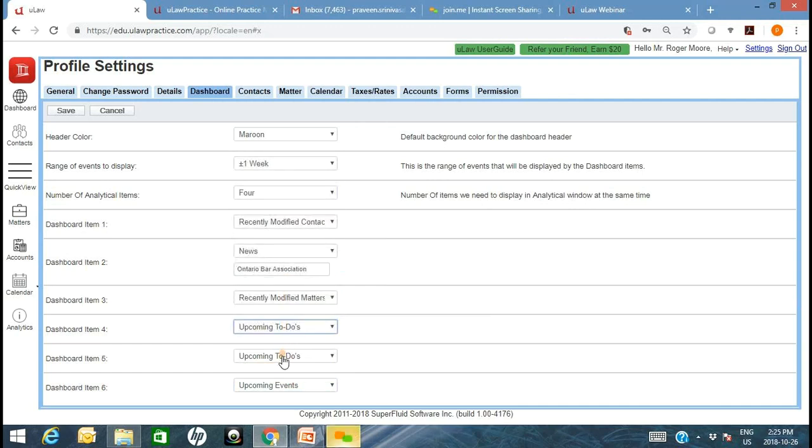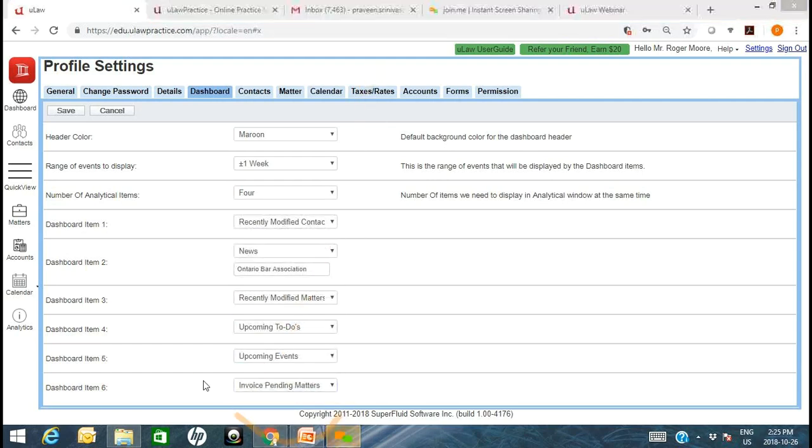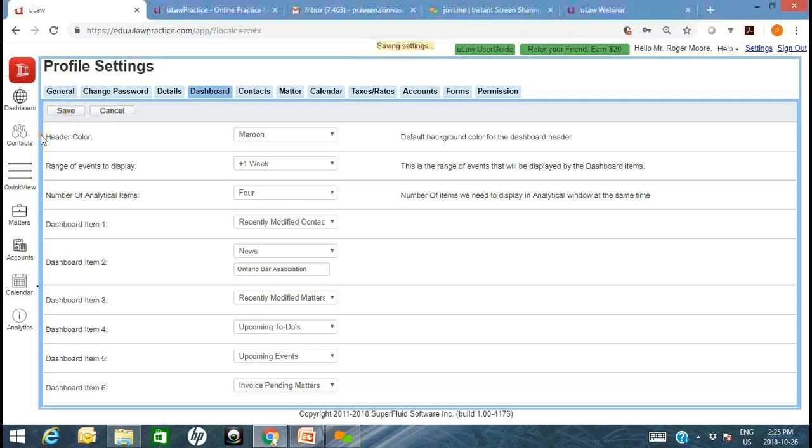again, notice that the saving settings happens here. Once that disappears, you know that you have full control over utilizing the product. So if I go back to matters, you see my default color combination now starts with that troll green. Obviously not a color that I would prefer. And every alternative color